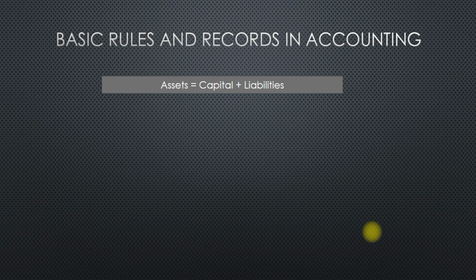Basic rules and records in accounting. At any point in time, the resources of a business entity should equal the claims of persons who have financed these resources. At any given point in time for a business, the resources of a business unit are provided by